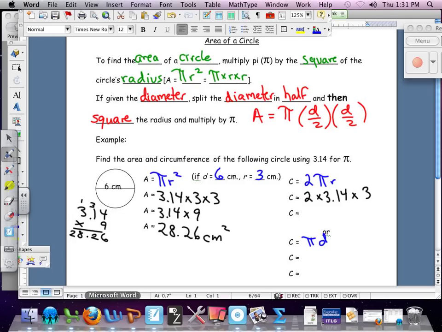And then to use my other formula, 2 times the 3.14 they told me to use, times the radius, which is 3. And again, commutative property, associative property, all that stuff gives us the flexibility of doing it in whatever order you choose. So I could multiply these two first and get 6.28, and then times 3. But someone else might pick the 2 and the 3 to multiply first and do 6 times 3.14. It doesn't really matter as long as you're careful and don't forget the last of the numbers. So whether you do this one or that one,